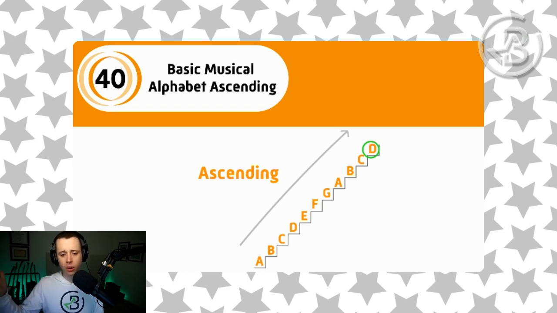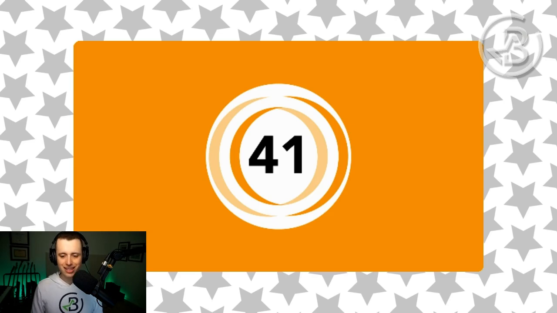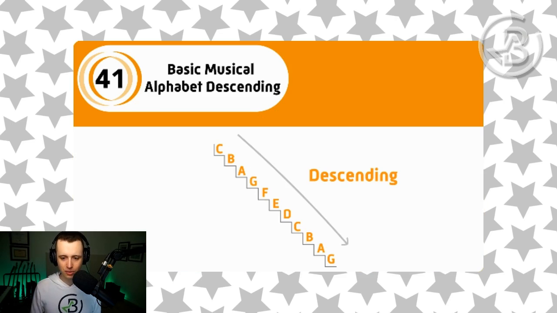And it would keep on going forever and ever, and we could start even lower than we started there on A. Now let's look at what happens when we descend, when we go down the basic musical alphabet, again thinking about it like a staircase. Here is example 41, descending basic musical alphabet. Starting on C now. Remember, you can start on any letter,